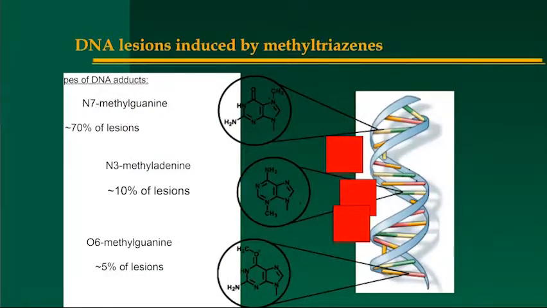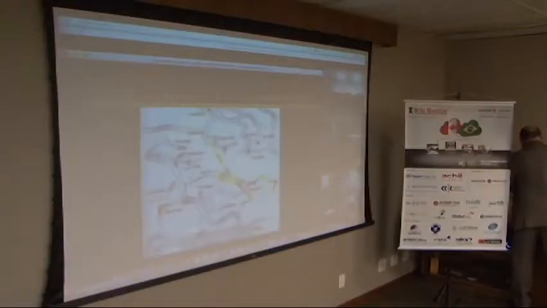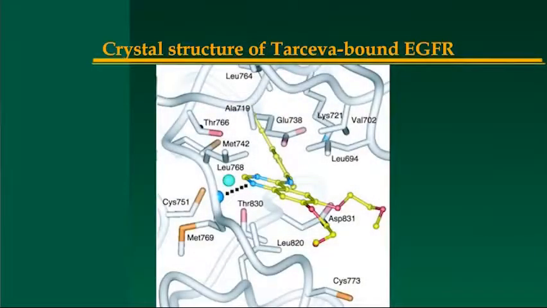Here, as you can see, is an example of functions that can damage DNA, forming adducts that can kill the cells. And this is produced by a molecule called temozolomide. So our plan was to fuse this temozolomide with the quinazoline in order to obtain a compound that is dual targeted. So we successfully, here you can see how this molecule can bind to EGFR,